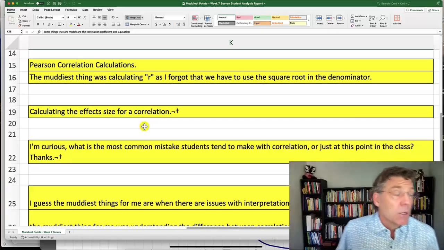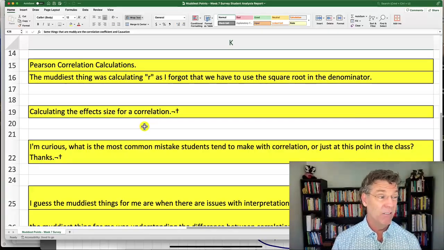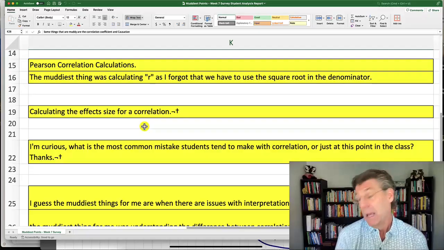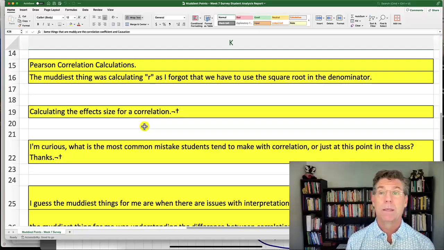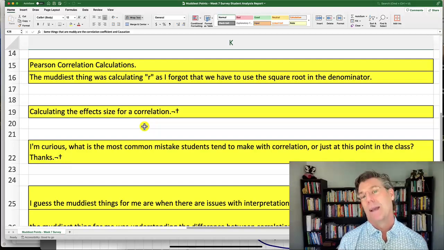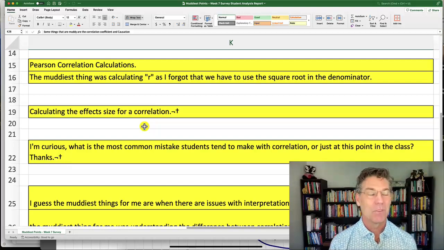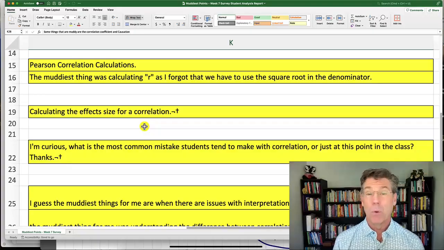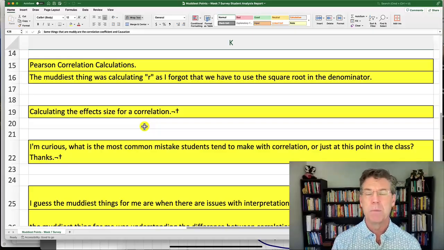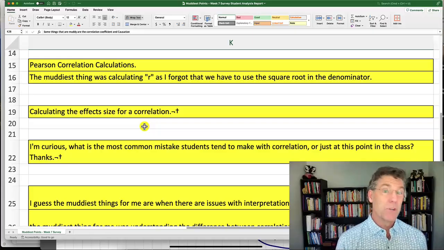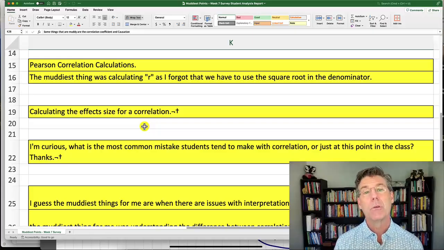And again, let's say we had an effect size of 0.333 instead. Let's say our correlation ended up something not quite as strong as what we got here. In that case, a 0.33 r squared would mean that 33% of how many mistakes people make could be predicted by knowing their age.